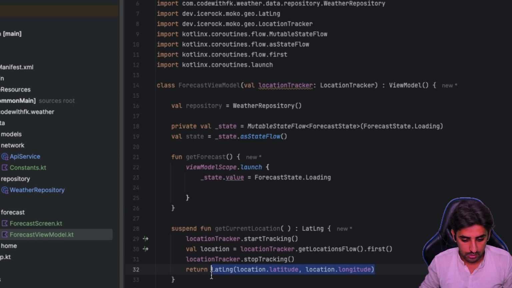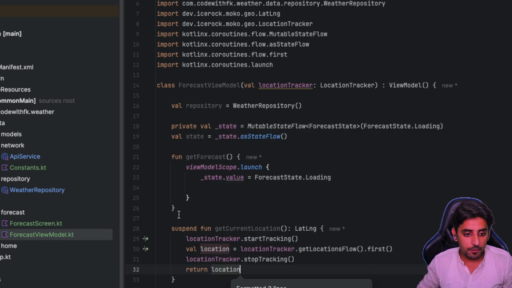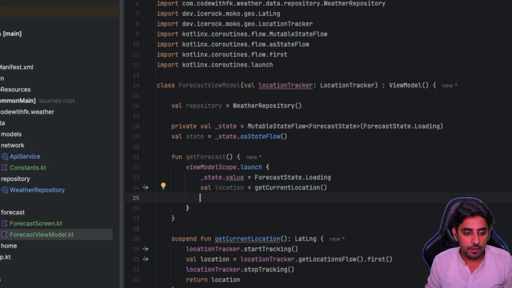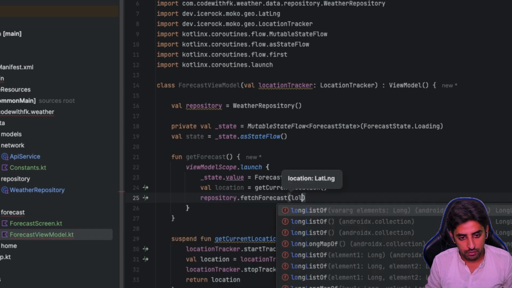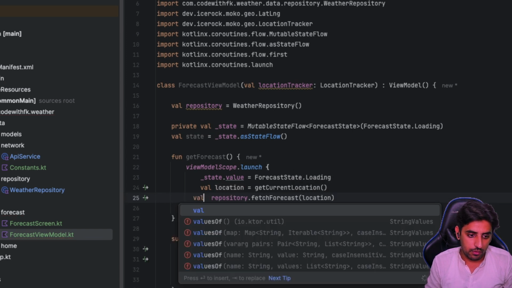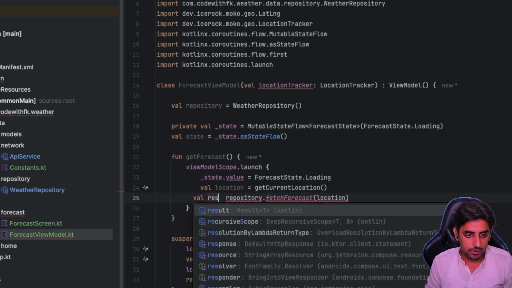Why would I do that? Let's just call location. Okay, that's one thing. So what we will do is that we will call it location is equals to get current location, and then we'll go to repository dot fetch forecast, and then we will call it location. Okay, and what we need is that we will get a response for that,